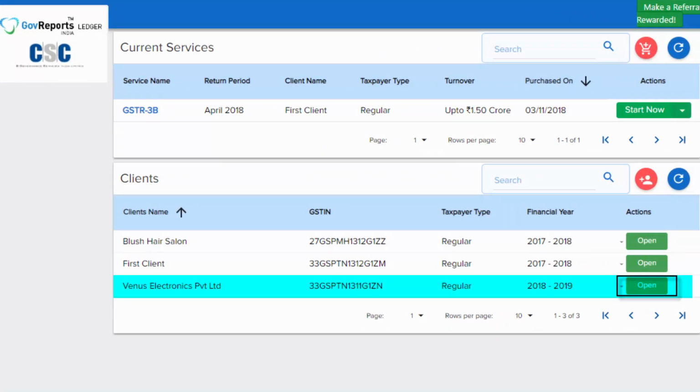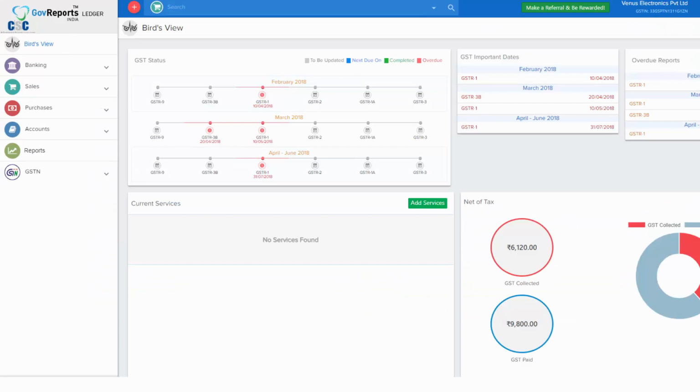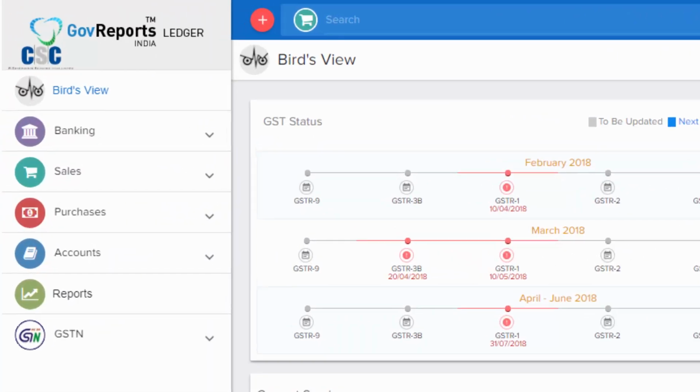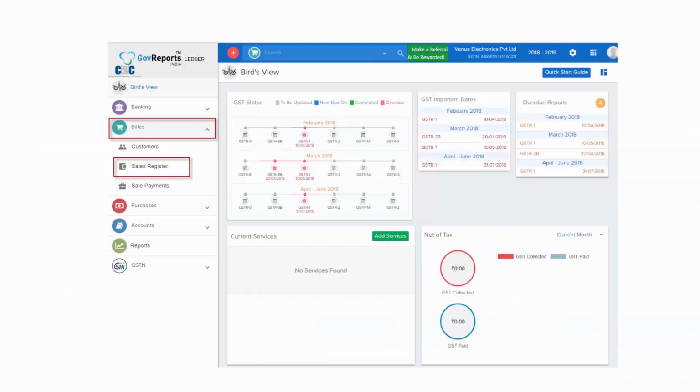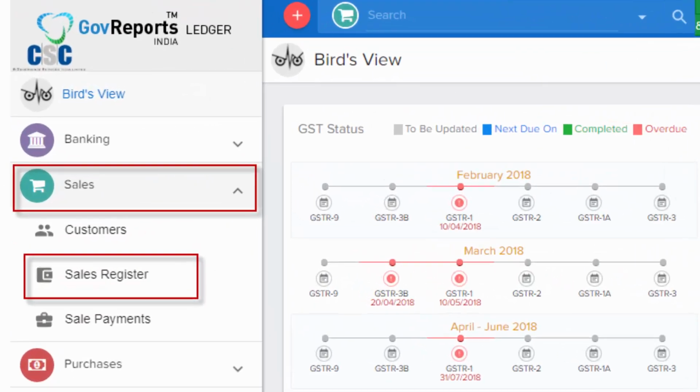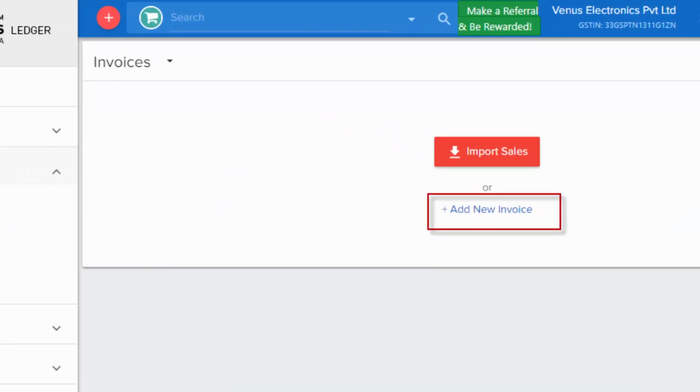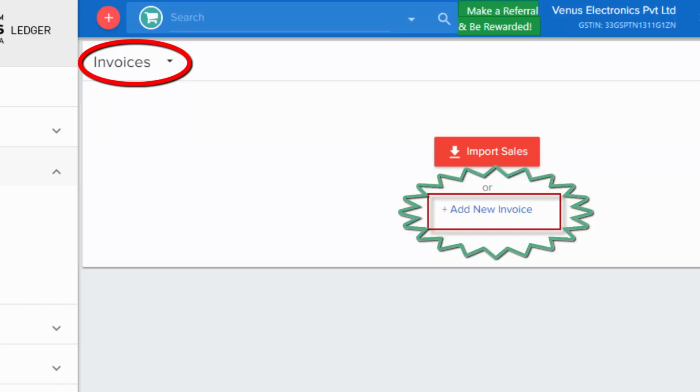Remember that for any client, all GST-related invoices, bills and returns can be done only in Leisure View. From the menu bar on the left, select Sales Menu. From that menu, click on Sales Register. To add a new tax invoice, select Invoices tab from the drop-down and select the Add or plus icon on